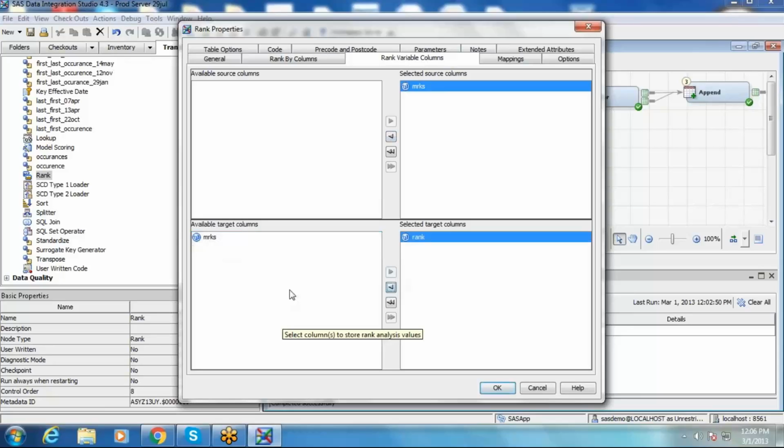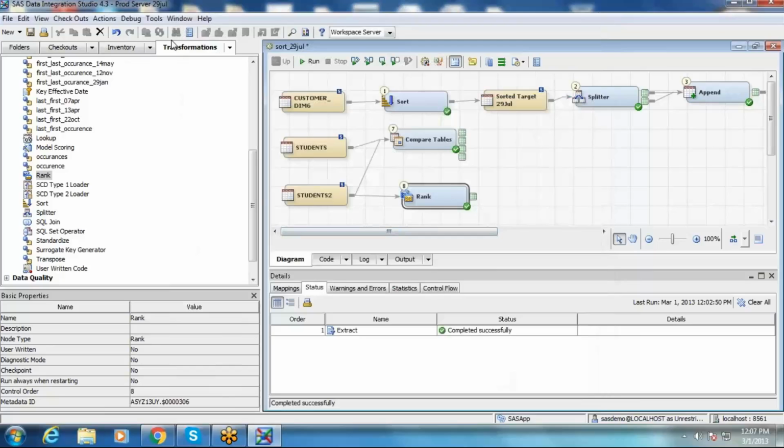And if you want to rank based on department, for example, you have university data and you want to see the individual ranks of ECE, EEE, civil, mechanical students, that is grouping. Inside each branch, who got first, who got second. If you want it that way, you need to use the second tab, rank by columns. We'll see that in a while. For the time being, we are seeing all the records irrespective of groups. Then click on OK. Now try to run this job.